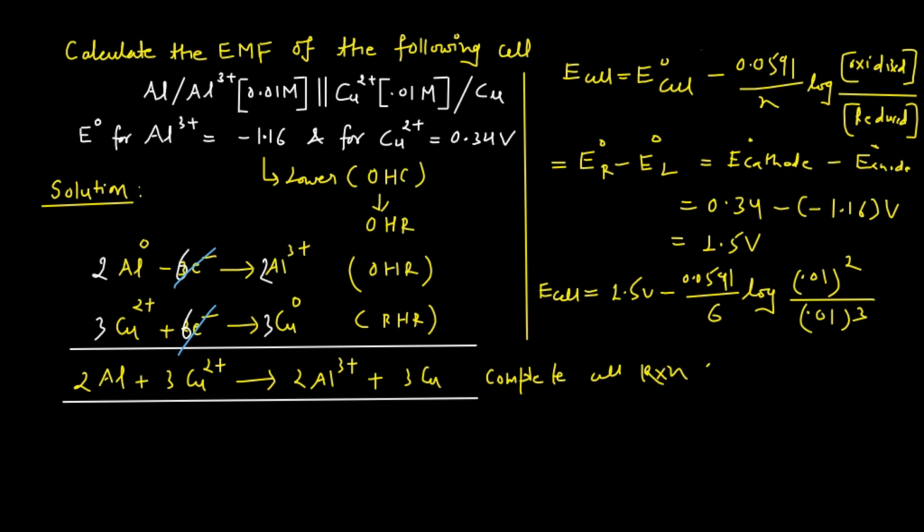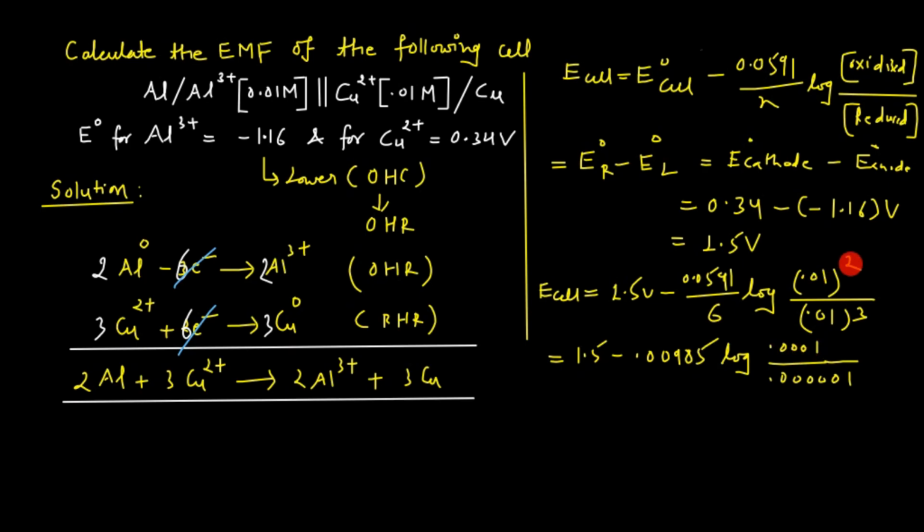If you solve it further, 1.5 minus 0.00985. When you divide 0.0591 by 6, this will give you this particular value, which I have already calculated in my notes. Square of 0.01 is 0.0001 and cube of 0.01 is 0.000001. Please note that however in the examination your calculators are allowed, you need to calculate by your own as well. So the square of this one is this, and the cube of 0.01 is this one. This is very important. Okay, 1.5 minus